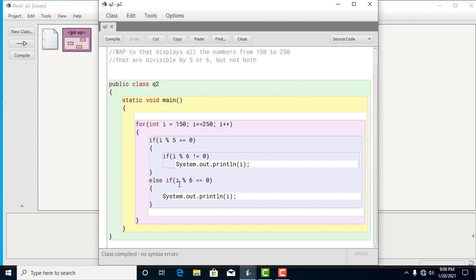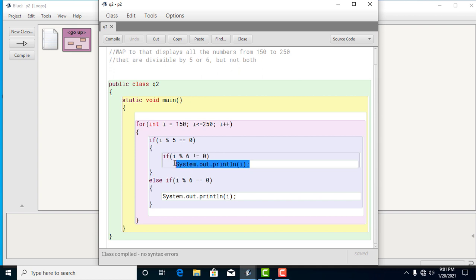But if the current value is divisible by 6, that means we had already concluded that the number is not divisible by 5 here in this line. That is why the control came to this line, because I was not divisible by 5. So control came to this line, and here what happens? If the value of I is divisible by 6, that means our second requirement is done, that the number is divisible by 6 but it is not divisible by 5. So both the cases are being handled here.